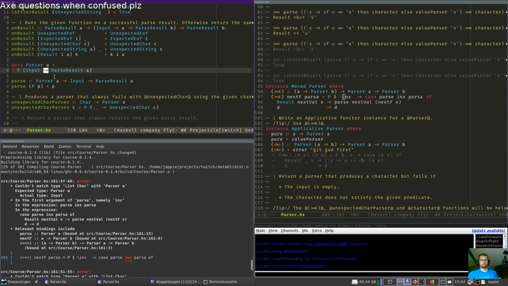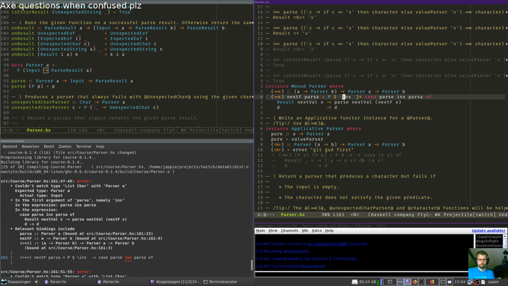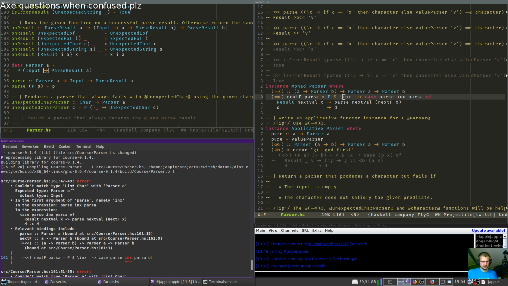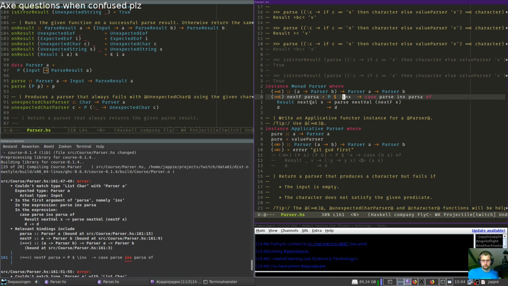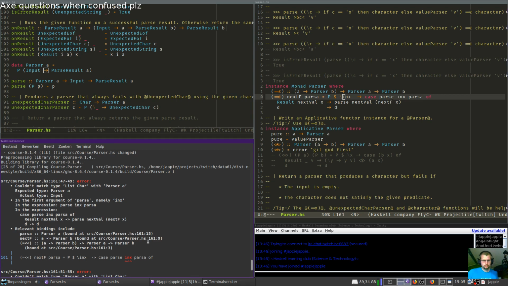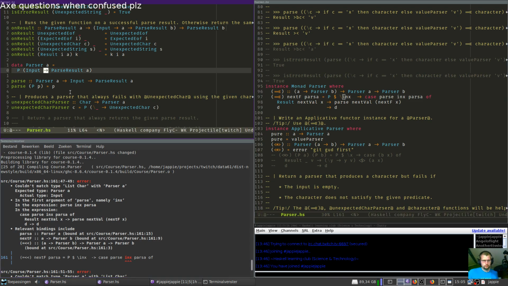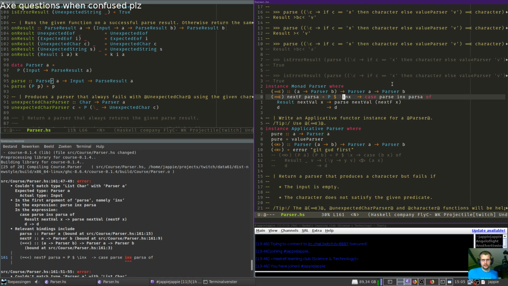Does that work? Database type list char with parser A. Oh, I flipped it. Yeah, I did flip it. Nice. That's actually good.